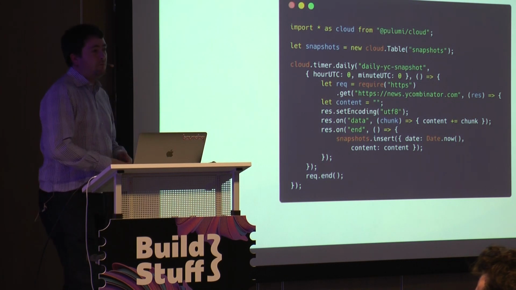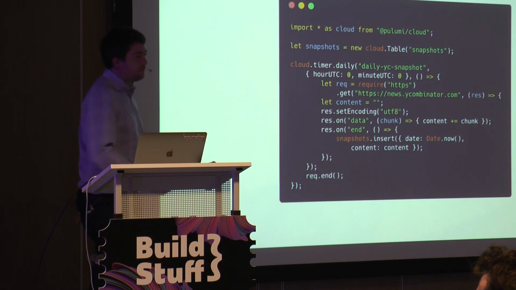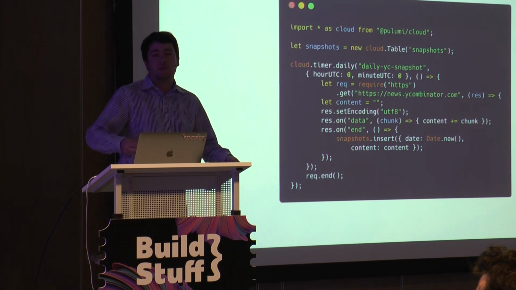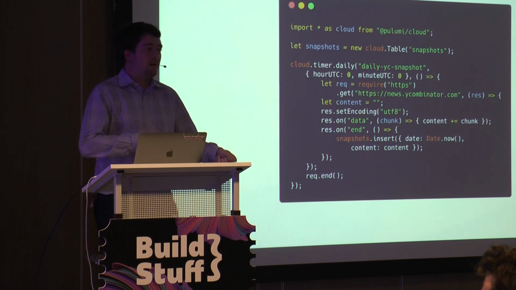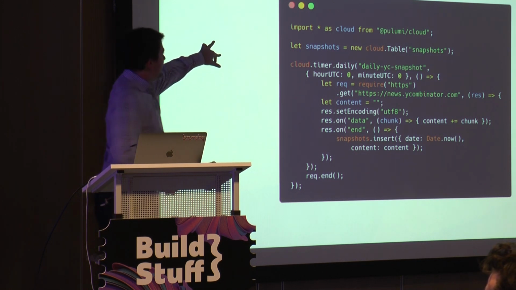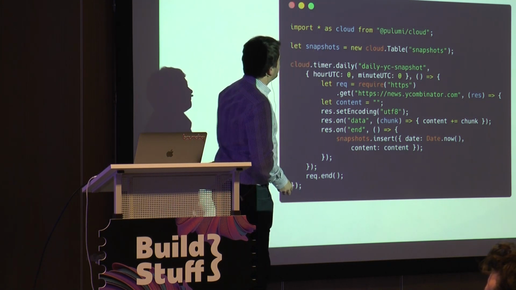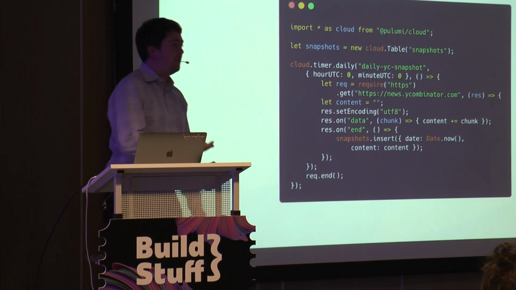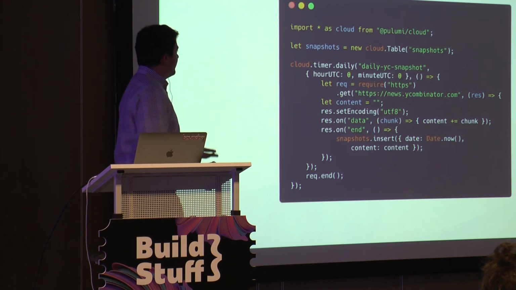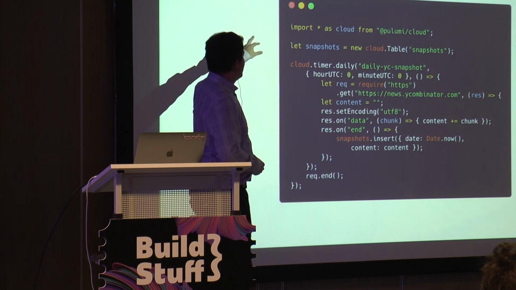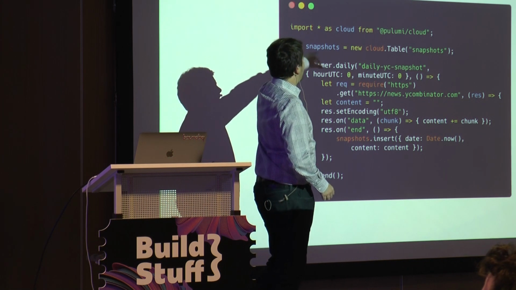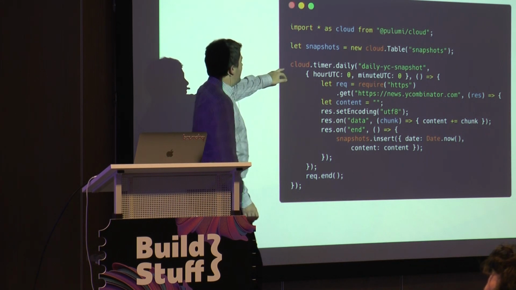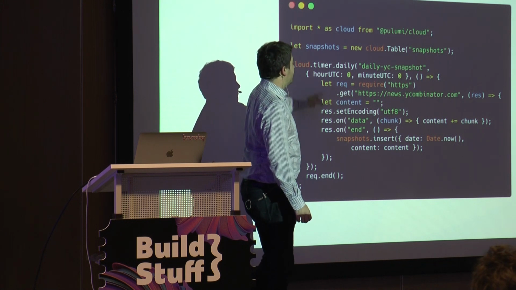Because you can now build library abstractions, you can start to build abstractions that, rather than just moving sets of components within one cloud, can move entire frameworks between multiple clouds. There's this library, for example, called Pulumi Cloud, that abstracts the lowest common denominator set of resources between different clouds. In this case, we're using this abstracted API, a cloud.table. And then we're saying that once per day, we want to run this function.